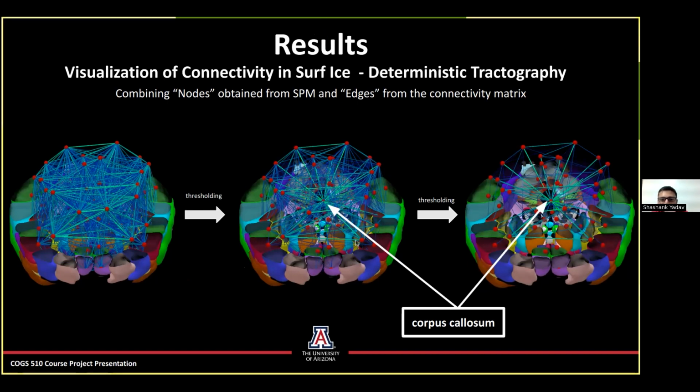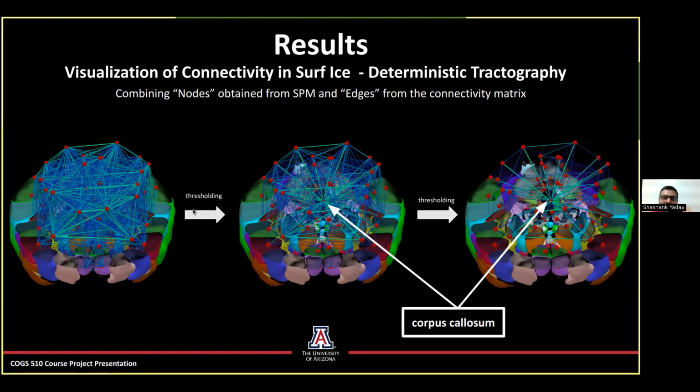Here I would like to mention that if you see the central node, it is the corpus callosum. So it is the place where all the white matter fibers connect the left part of the brain to the right part of the brain, and instead of visualizing all these edges, we can do the thresholding. We just want to see which are the